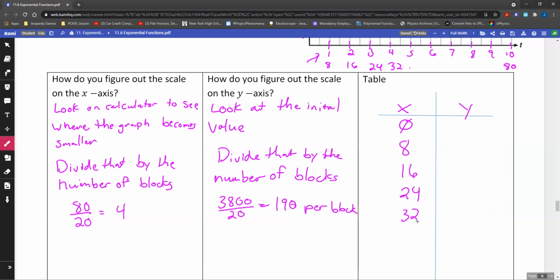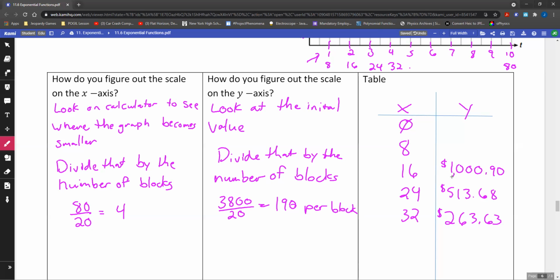So I'm going to try and get some of these numbers in. So 32 was 263, 24 was 513, 68. This one was about